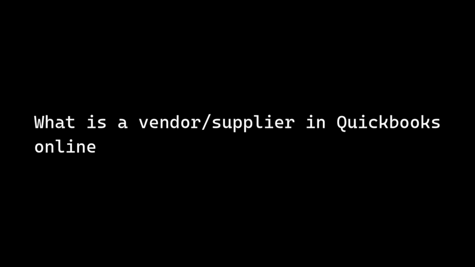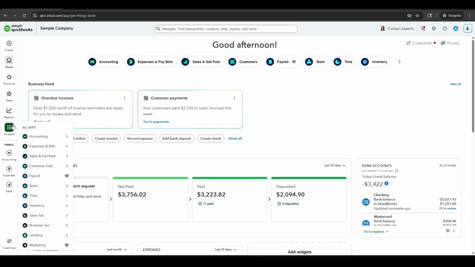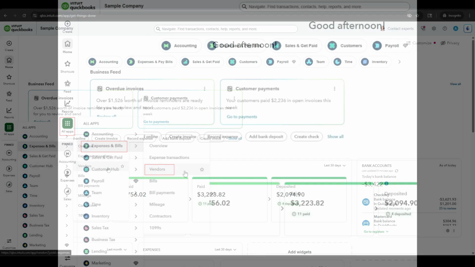Now let's see how we can add a vendor in QuickBooks Online. A vendor is also known as a supplier. In a business, we often need to purchase products, materials, or services from other companies or individuals in order to